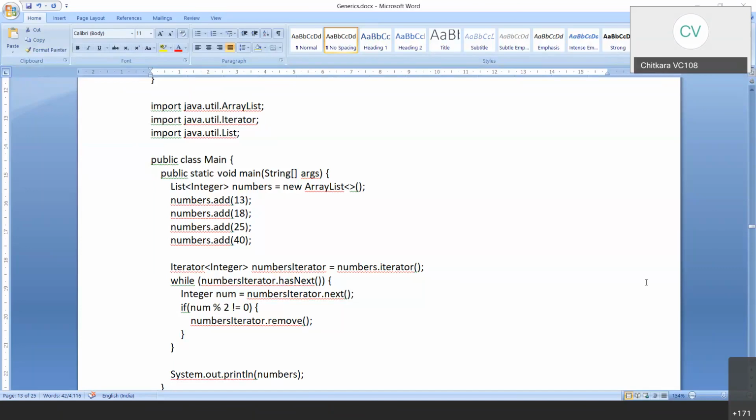My next question is, instead of using Integer num, can I use a primitive data type over here? Can I use int number equal to numberIterator.next()?